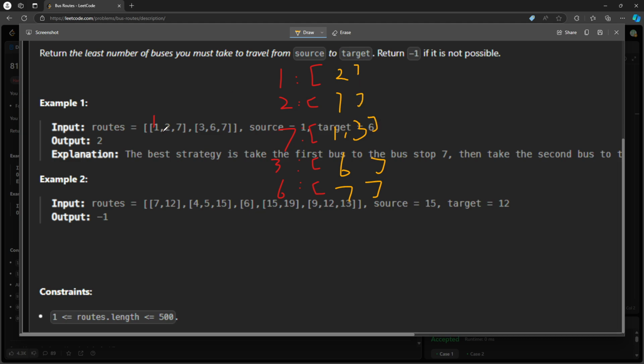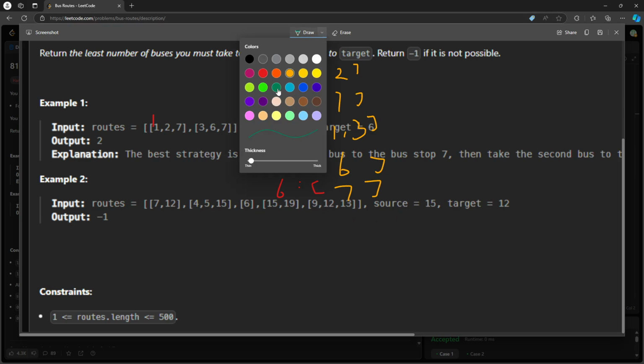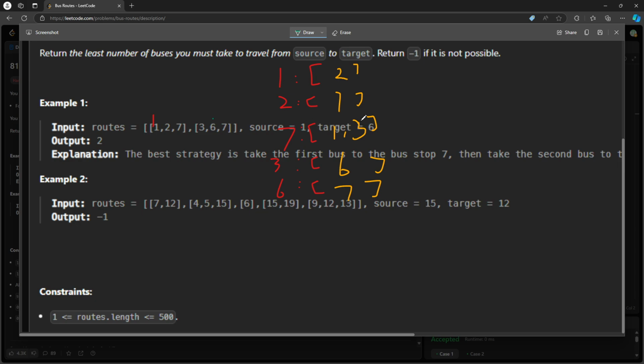So this is like 1 to 2, 2 to 7, 7 to 1, or 7 to 3, right? And then 3 to 6, 6 to 7. So this is every single stop that you can go through, right? So once this happens, and then basically you just keep doing this, and then you want to, first of all,